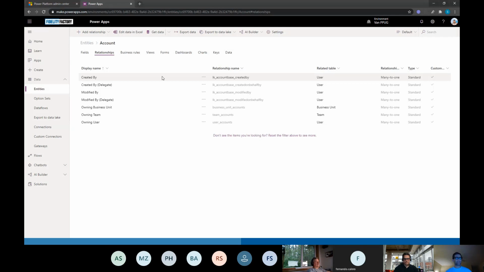So, there's a lot of extra value there, but along the lines of relationships, the created by field is a user type field. Well, I should say it's a lookup type field that links back to the user entity. So here's where you can see all those relationships that are mapped out there as you design your